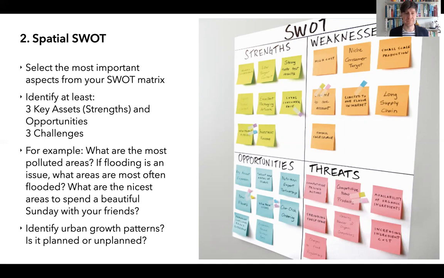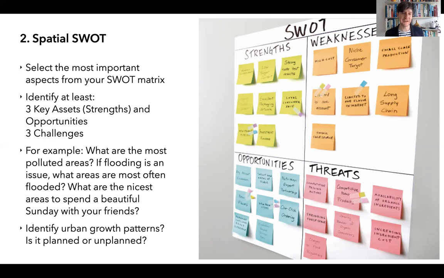your city map. Maybe if pollution is one of your big weaknesses, then maybe you should put what are the most polluted areas? What are the big avenues where you cannot breathe because the air is so bad? Or do you have land close to industrial estates that were polluted, for example, from the industries, and you could not do agriculture there, or it's not healthy to be in those areas? Maybe flooding is an issue. You can map what areas are often flooded or in a risk of being flooded.